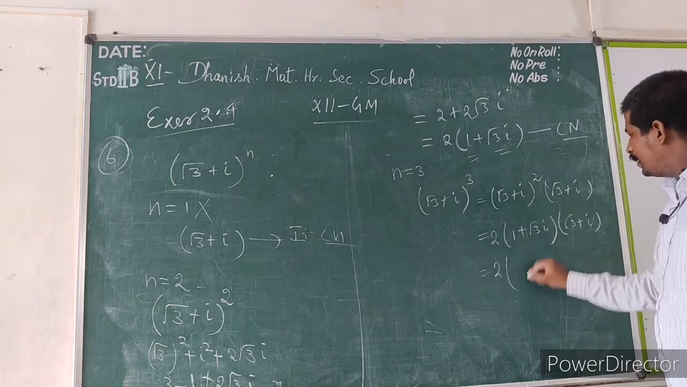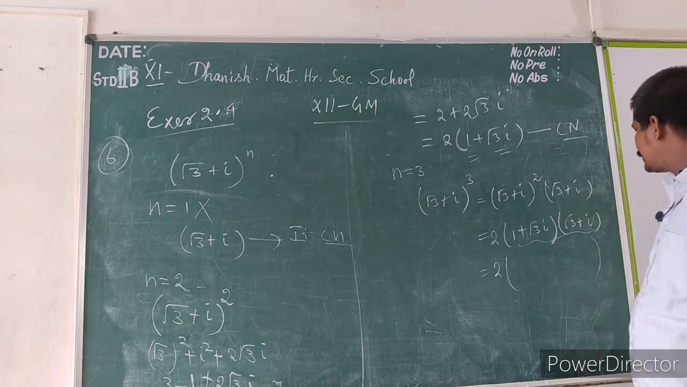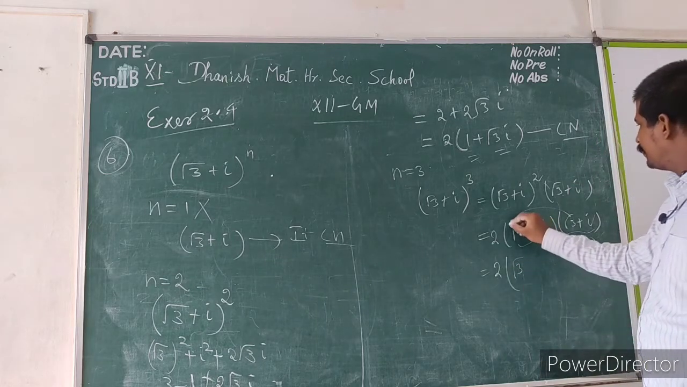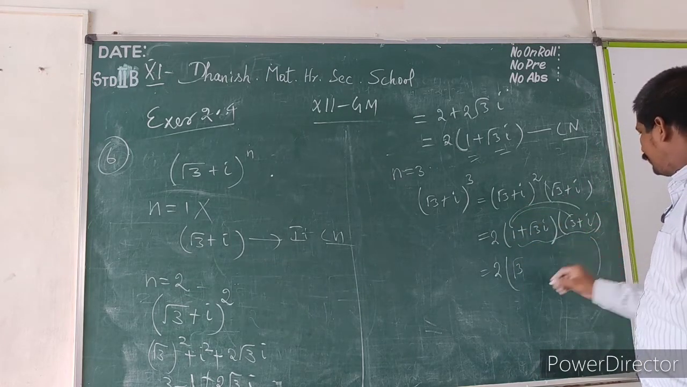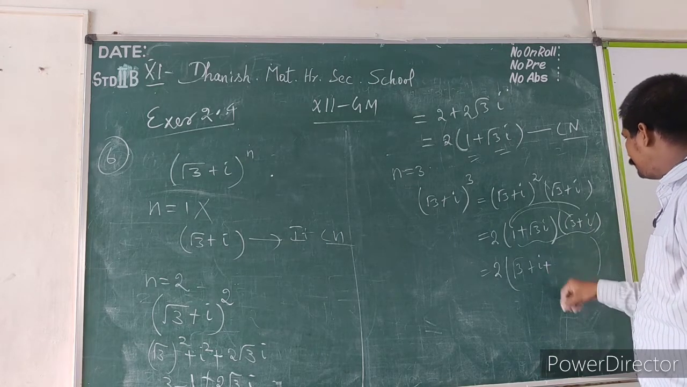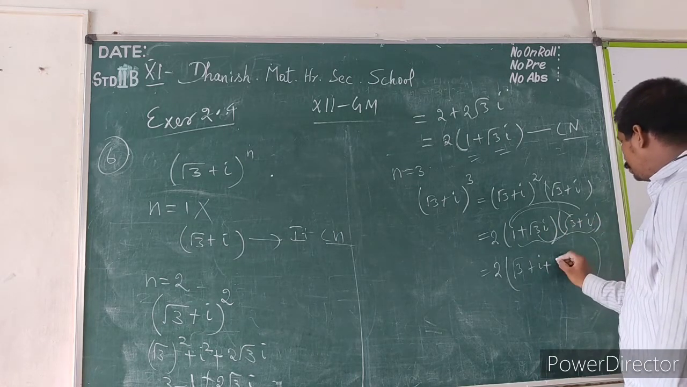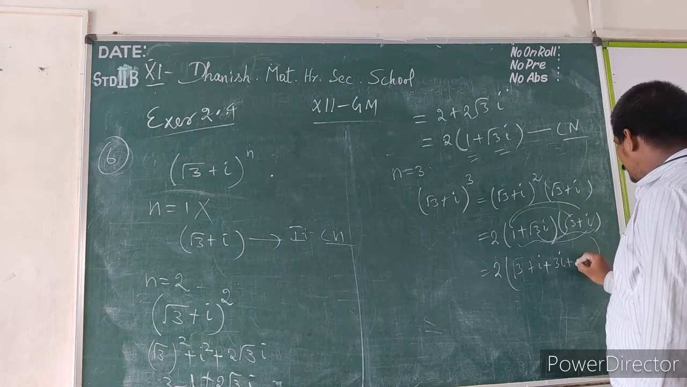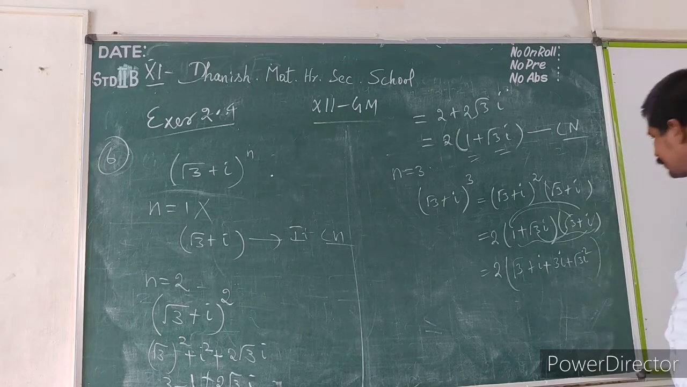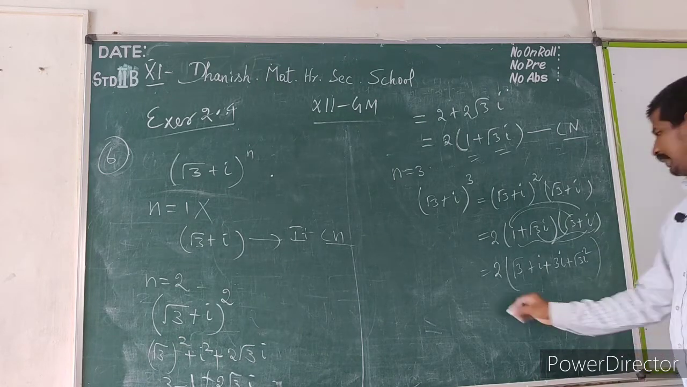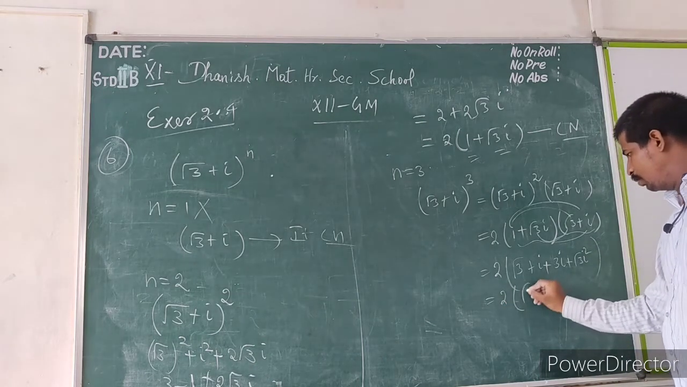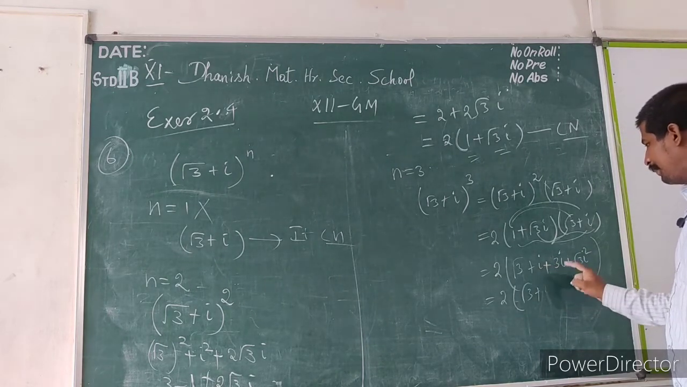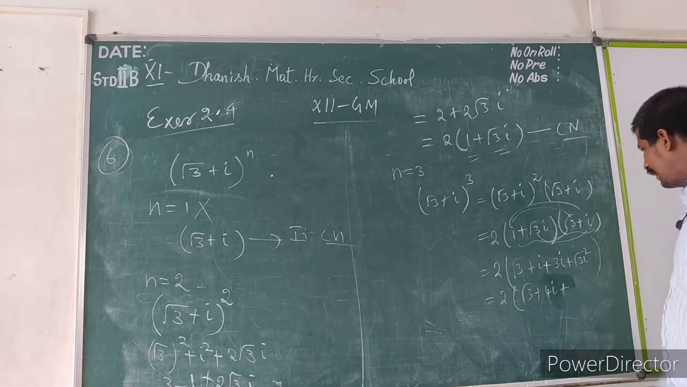2 into, now I'm going to multiply these two complex numbers. 1 into root 3, plus 1 into i, plus, if you multiply these two you will get root 3 into root 3 i, 3i, plus root 3 i square. The next step would be 2 into (root 3 plus i plus 3i). Here we have i plus 3i, so that is 4i, plus